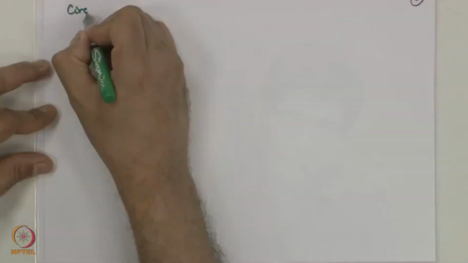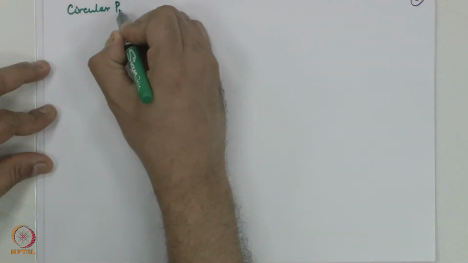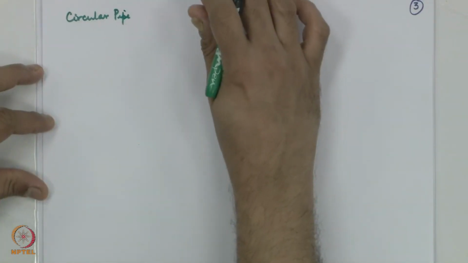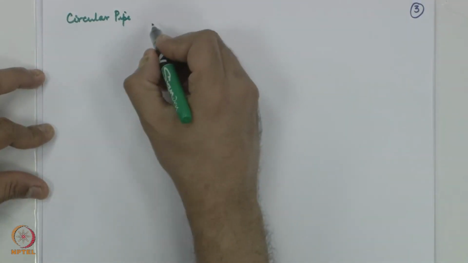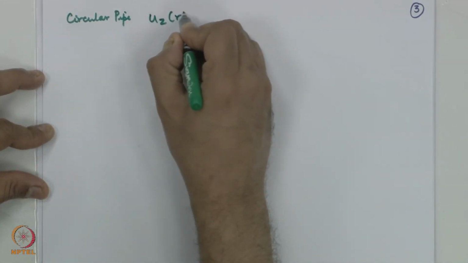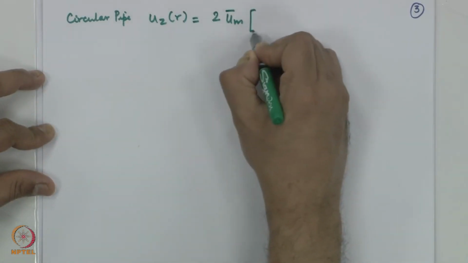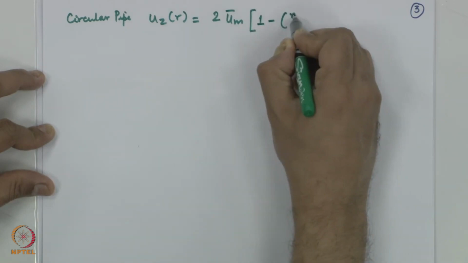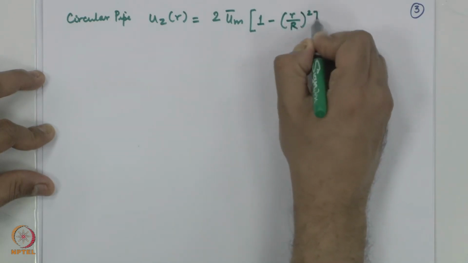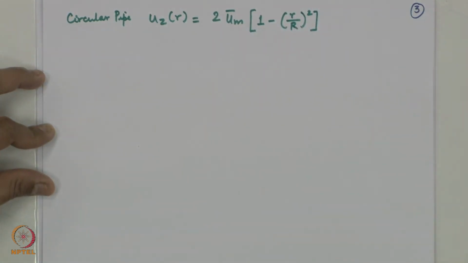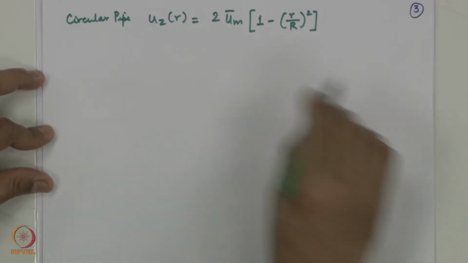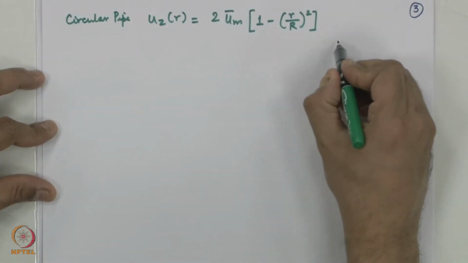For a circular pipe, we know u_z as a function of r is equal to 2 times the bulk mean velocity times (1 minus (r/R) whole squared). And now, if I go to my energy balance,